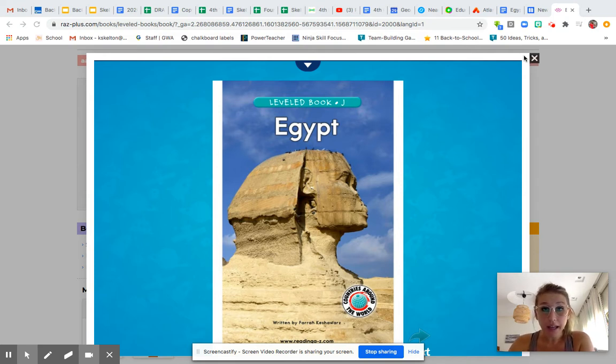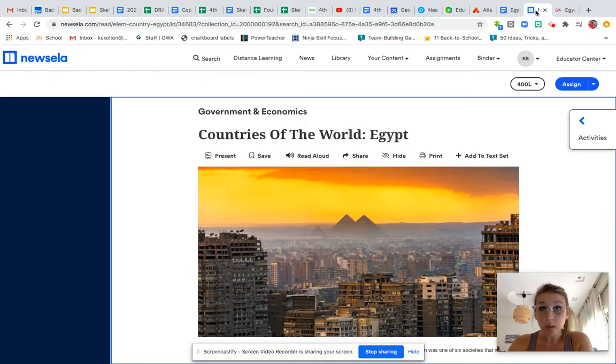Today, I want to teach you about using multiple texts and combining information from those texts. Yesterday, you're going to recognize this book. We read about Egypt, and today we read also about Egypt. So what we're going to do today is look at both of these texts and combine information